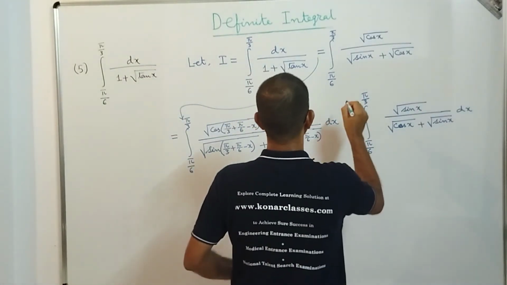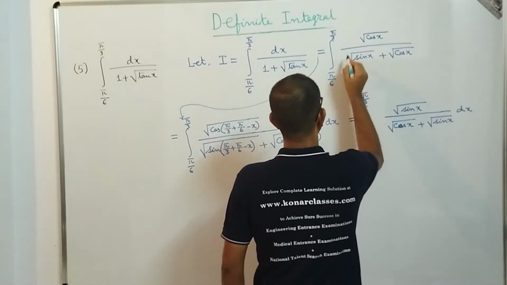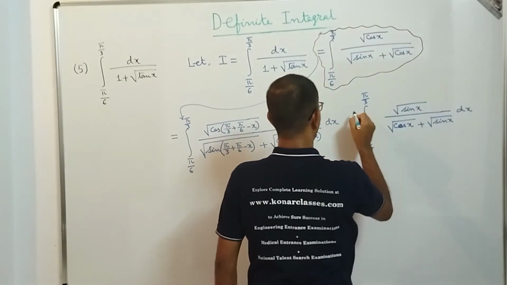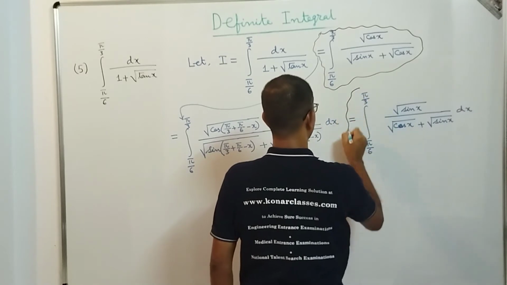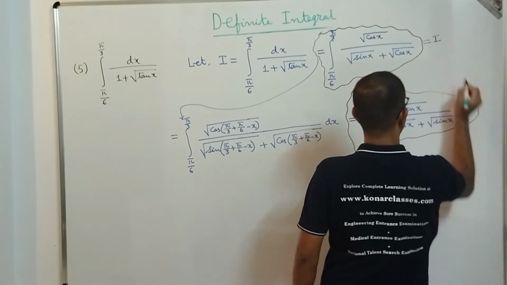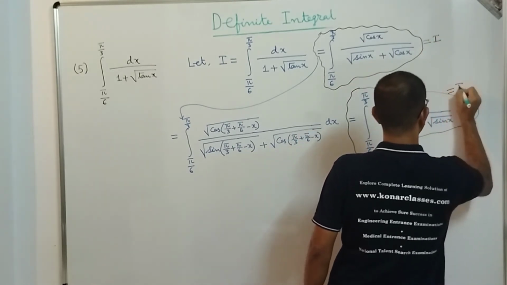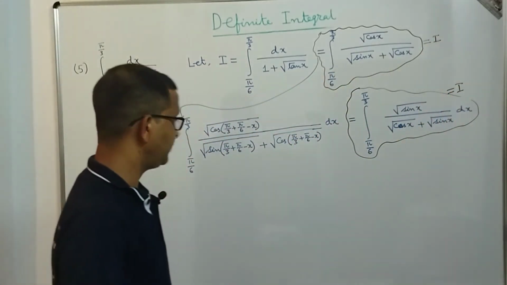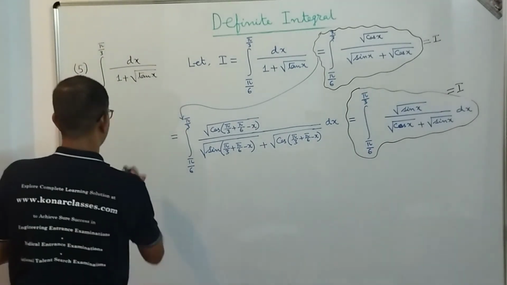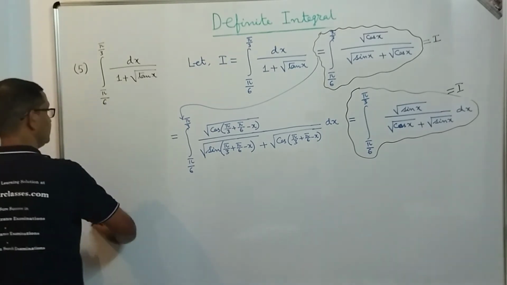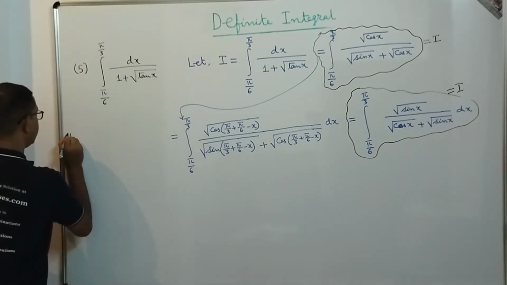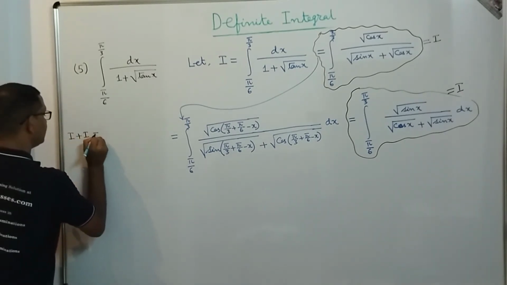You see, dear students, that is very interesting. So we started with this, which is equal to I. So this is I, and this is also equal to I. Both are I. Now we can add these two, so we get 2I, correct or not? So these are the techniques. So if we add these two, I plus I is equal to what?